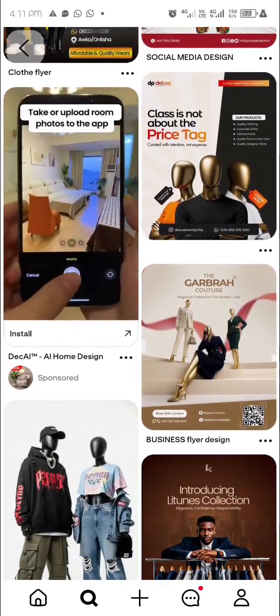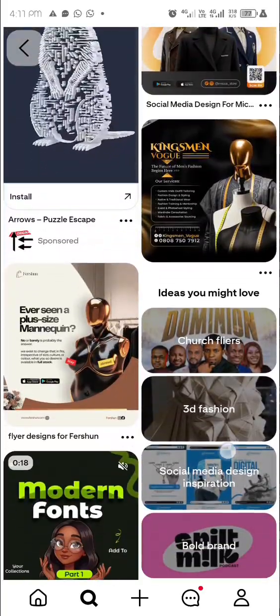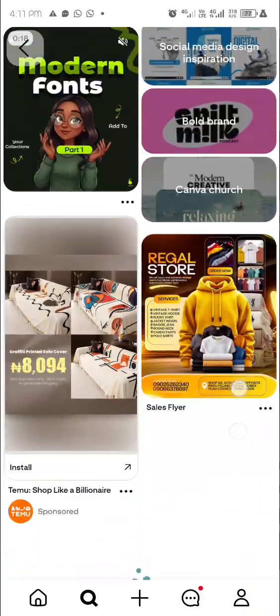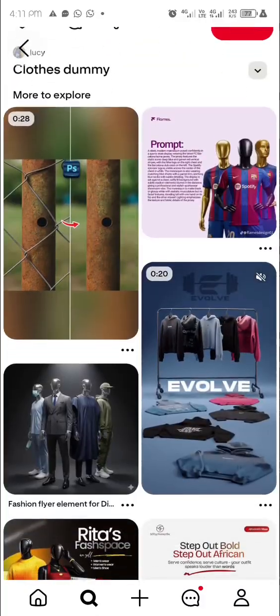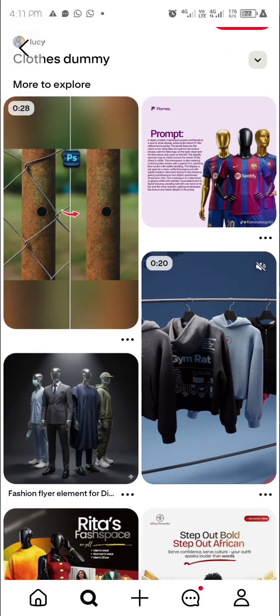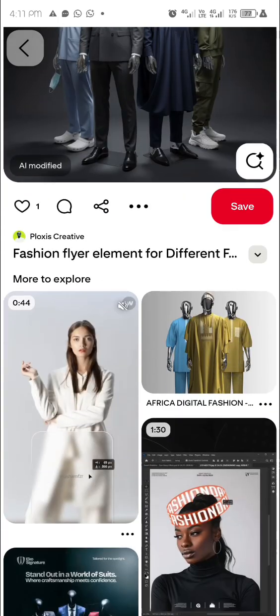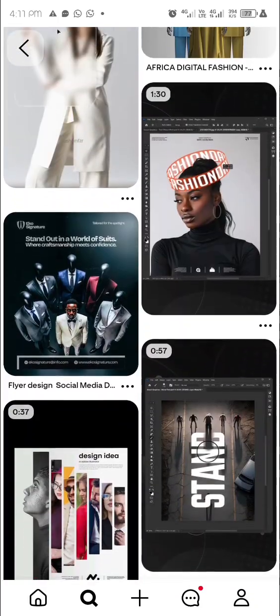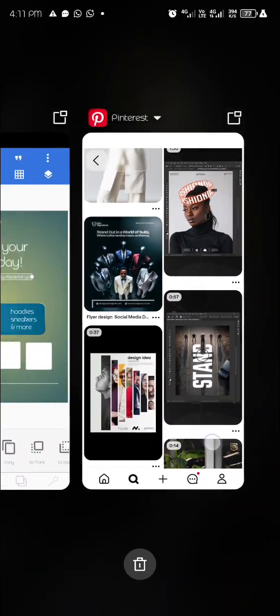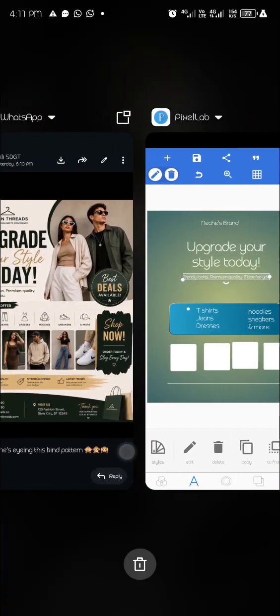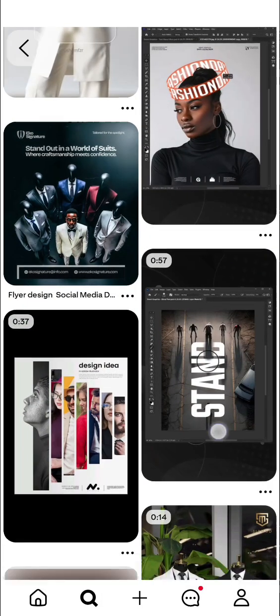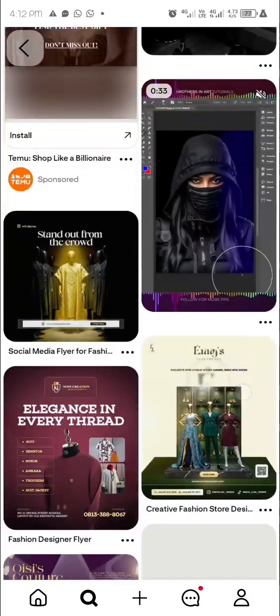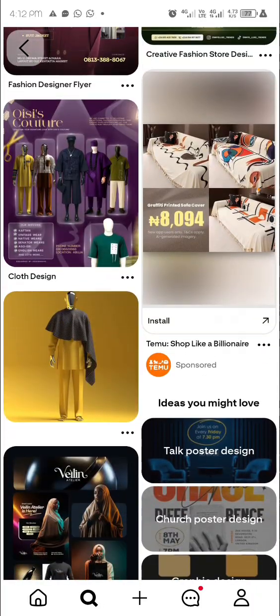and I guess this is actually going to work well for what we want. Let's see if we can use, we don't need, this is too excessive, especially because it's different kinds of dressing and all. So let me see, she sells t-shirt, jeans, dresses, hoodie, sneakers and more. So let me see one that has some of these